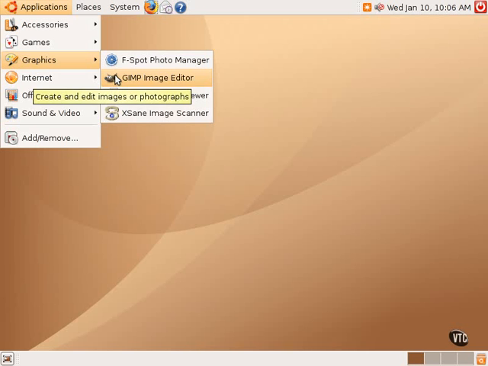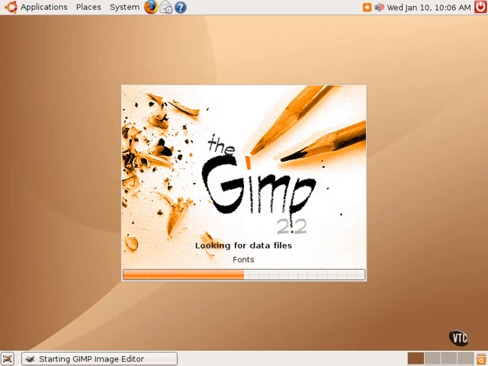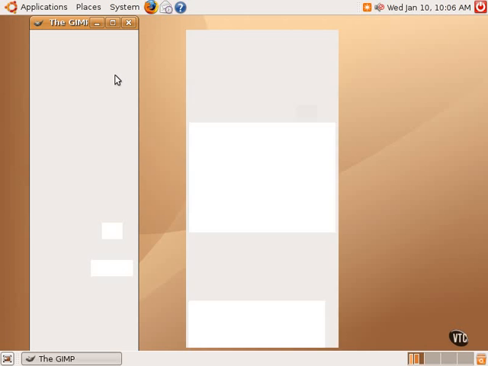Additionally, Ubuntu Linux comes with the GIMP image editor. Now, the GIMP image editor is a fairly complex application. It's sort of equivalent to Adobe Photoshop. And it has somewhat of a similar interface, although it's not exactly the same. But the idea of the GIMP is to provide a very professional level tool that allows users to manipulate all kinds of images, not just photos. It's a way to create graphics and create wallpapers and just do all kinds of graphic design and graphic art and things like that. But it can be handy for photo